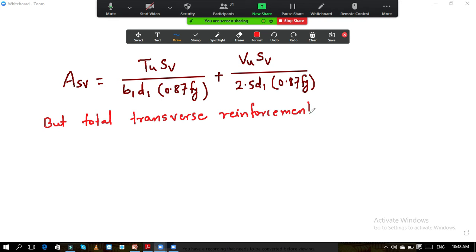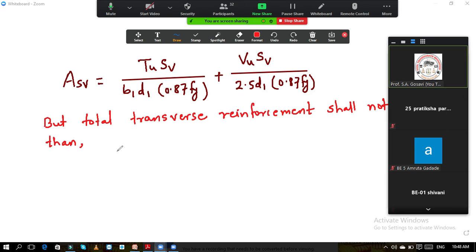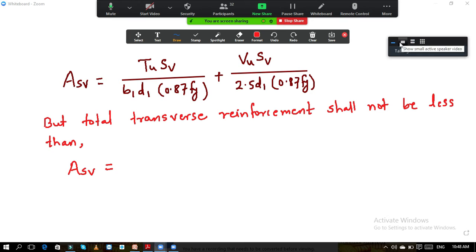Total transverse reinforcement shall not be less than, so ASB is equal to tau VE minus tau C. Now these two terms are already known to you: equivalent nominal shear stress and permissible shear stress, divided by